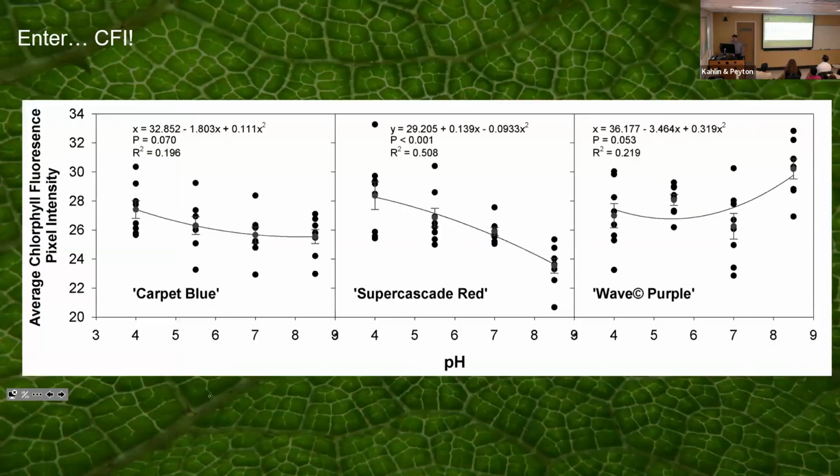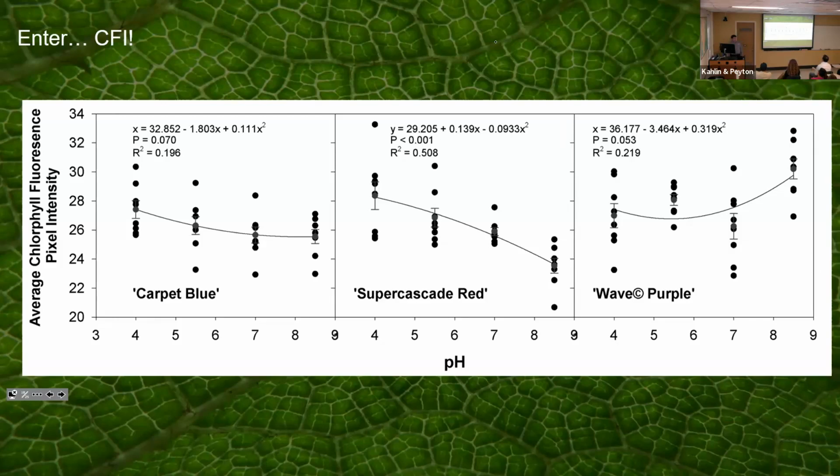So, and then if we graph those against pH, things get a little better. It's kind of the combined effects of all of the micronutrient deficiencies that start to bring Wave Purple into near compliance, in a way, with being statistically significant. Whereas when we add everything, suddenly the Super Cascade Red shapes up fairly well, and the Carpet Blue is still kind of a mess, which is a little bit interesting to see, how there are different dependencies in